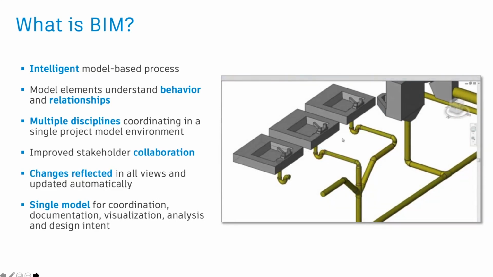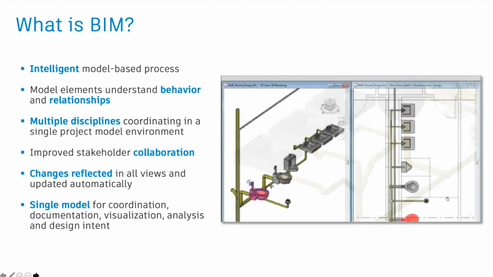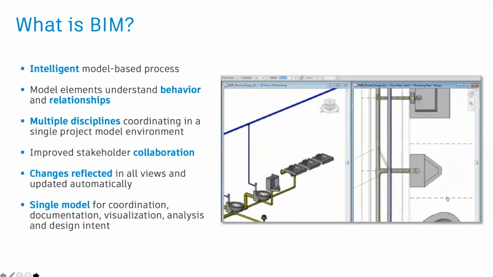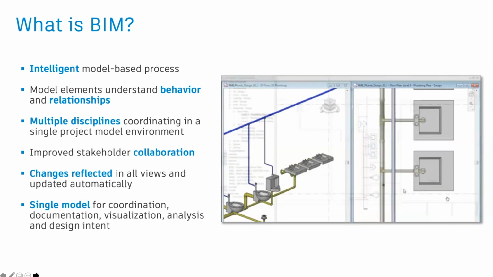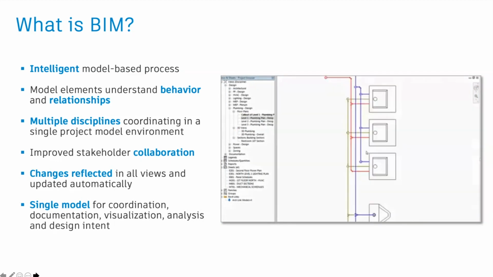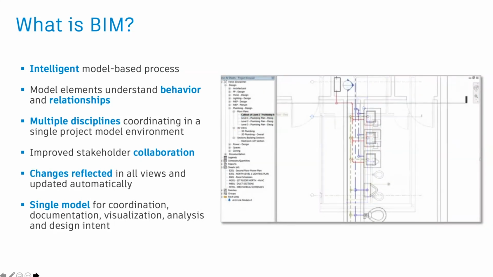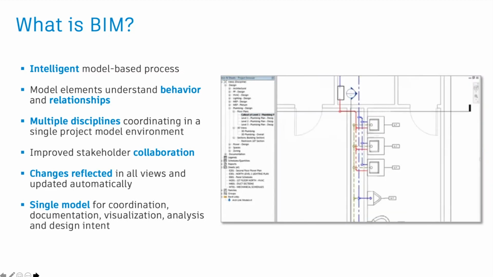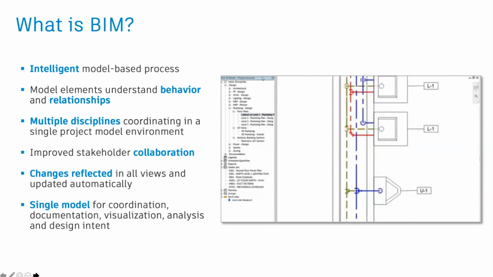This level of collaboration means that if the architect changes maybe the depth of a ceiling void, then instantly, as a structural engineer or an MEP engineer, you can see what impact that's going to have on your model. As I said before, a true BIM platform really should be multidisciplined and support each of those disciplines in supporting the collaboration process.